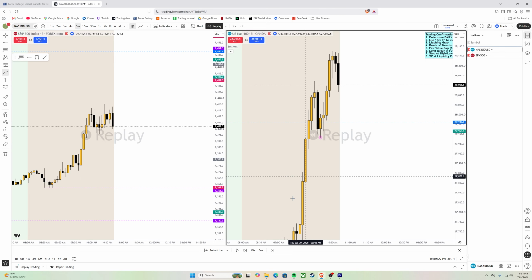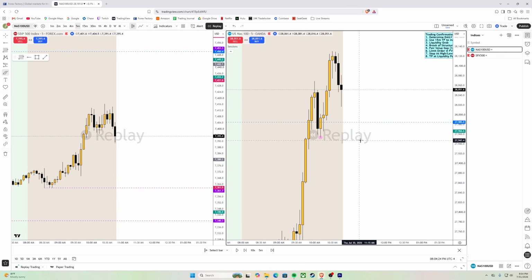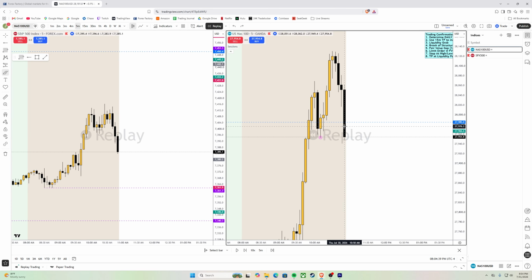So now this 5 minute candle formed, another bearish candle, right? You're seeing multiple bearish candles and then you're seeing a fair value gap form. However, we're still not under the low. So until we break this level, we're probably going to continue to remain bullish. Then boom, you see this aggressive move.